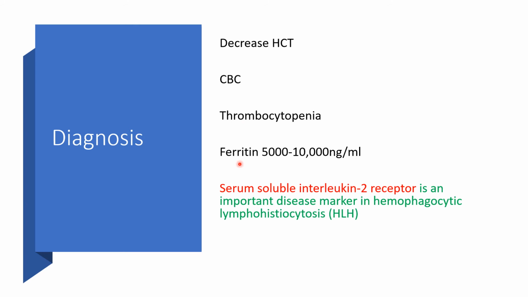You've assayed the ferritin level, right? Remember, I've said earlier, hyperferritinemia. So we're expecting something between 5,000 to 10,000 nanograms per mL. And remember, I've mentioned soluble CD25. So we want to see the serum soluble interleukin-2 receptor. That is an important disease marker in hemophagocytic